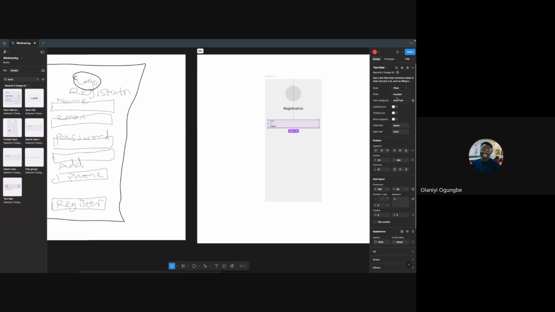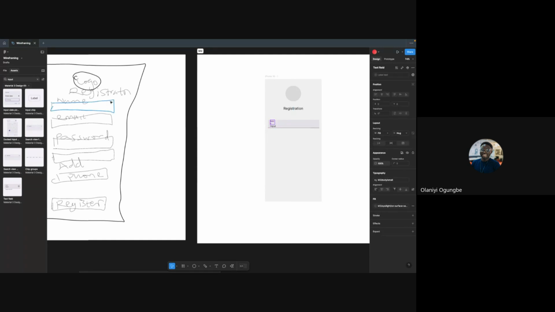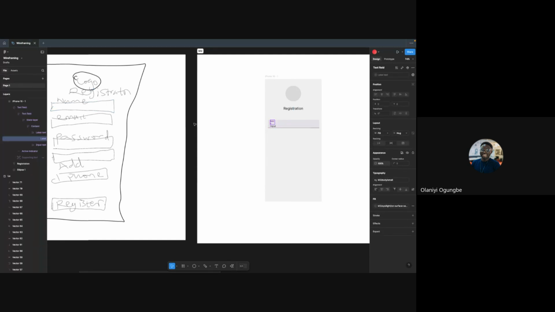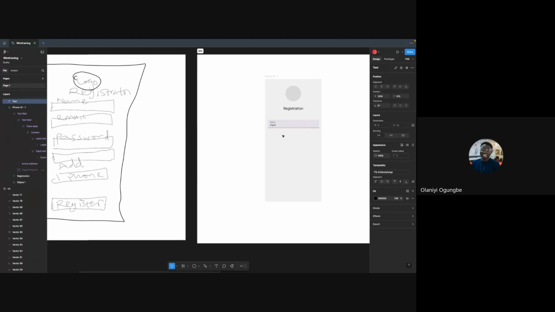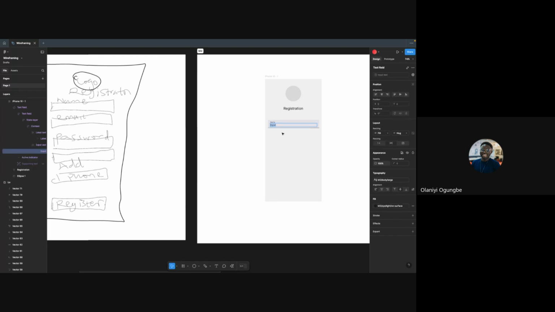Let's remove the supporting text. Yes, enabled, fine. Need to make this a tad bigger. Okay. So we have name. Input.